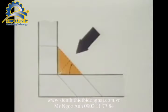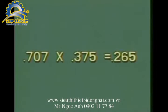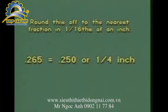To measure throat thickness, a welder must determine weld leg sizes. If a 3/8 of an inch fillet size is required, use the 707 thousandths times leg length formula in determining the throat thickness. For example, 707 thousandths times 375 thousandths equals 265 thousandths. Round this off to the nearest fraction in 1/16 of an inch, which would equal 250 thousandths, or 1/4 of